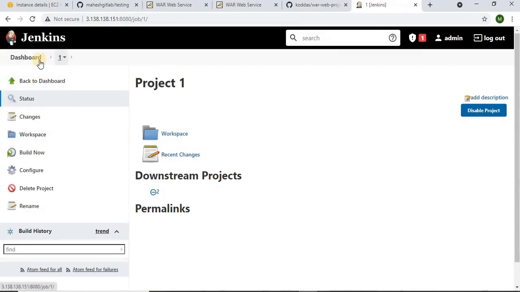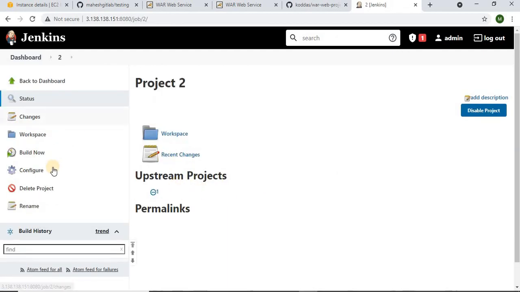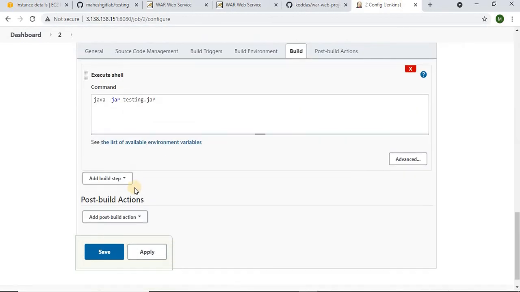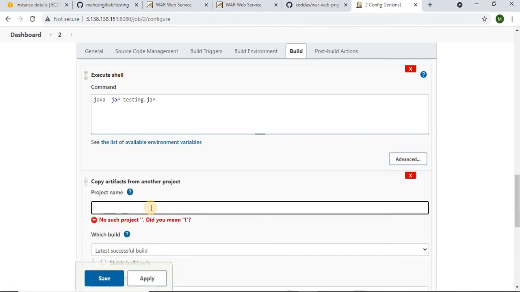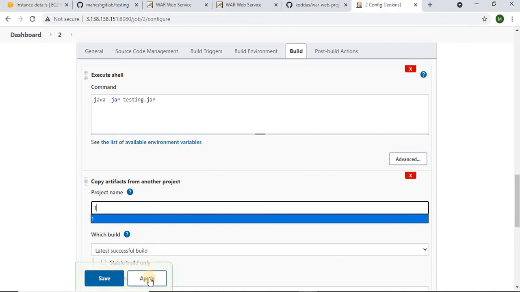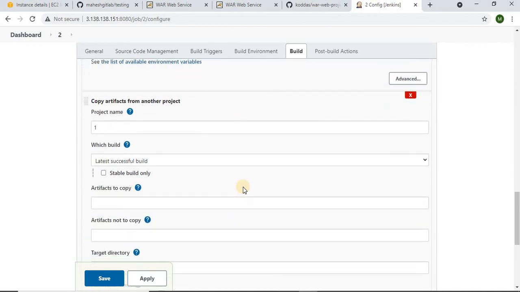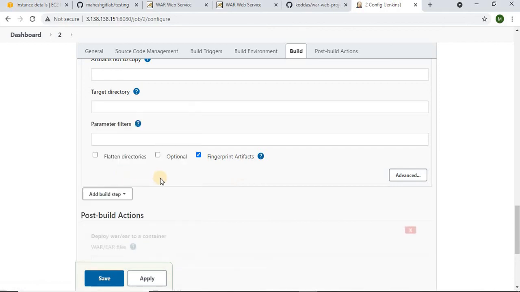So I told job 1 to archive, and the same thing I have to tell job 2. Job 1 is archiving some files, so please get those files here. Come to the build section, copy artifacts from other project. Which project? 1. Okay, so this is done. Now we have told the second job to get artifacts from the first job. Once you get the artifact, please do the deployment.